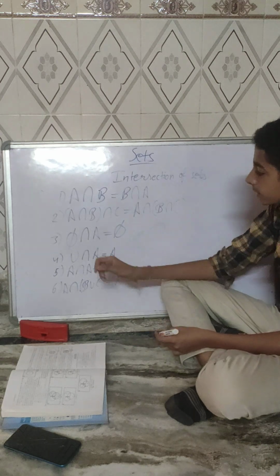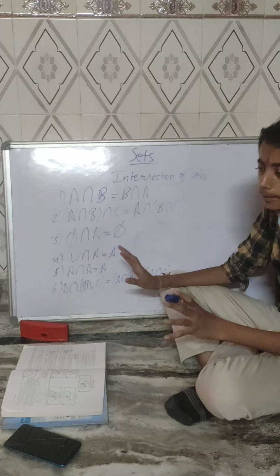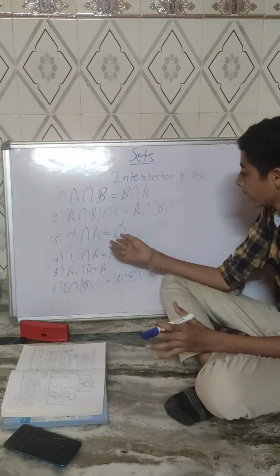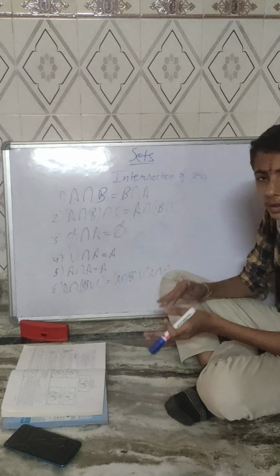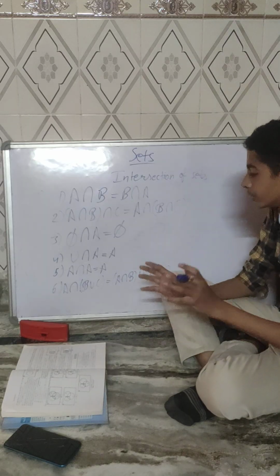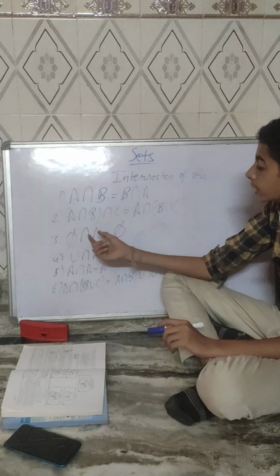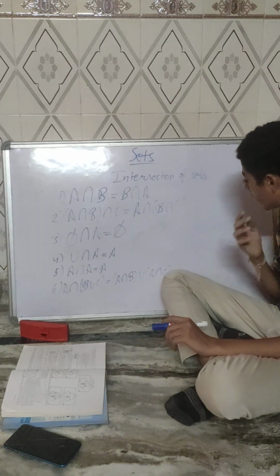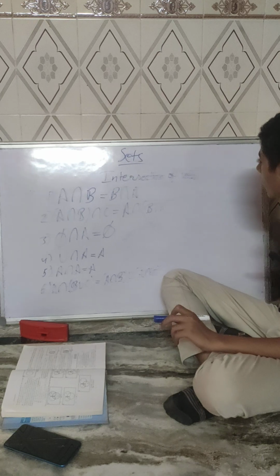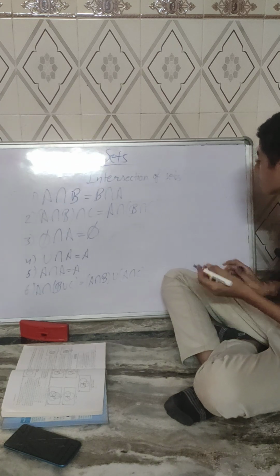Then third comes phi intersection A is phi again, the empty set. Now in the union of sets, A union phi was A. But here, phi intersection A is phi. Why is this phi? Why? Because